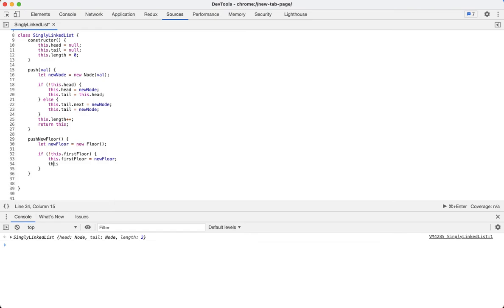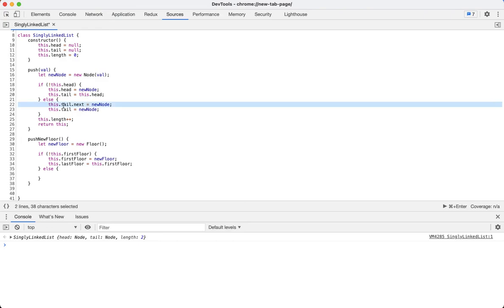And also we're going to make this dot last floor. Okay, in this case, when I'm saying the last floor, it's the same thing as this dot tail, but for the analogy of the skyscraper. So this dot last floor equals this dot first floor. Okay, because again, this is the first floor that we have in our building, so the last floor is the first floor also, right? All right, so now let's continue with the else block, right? So here we have our else block right over here. So I can say else,